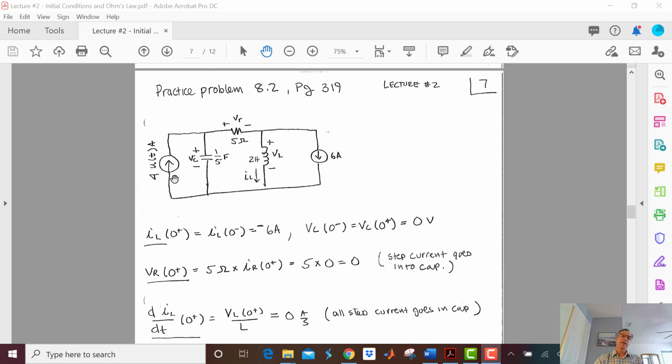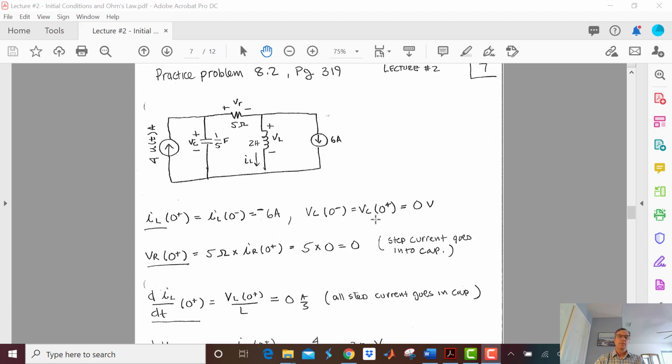So that tells me that all this current is going to go into the capacitor because I got no current going this way. Circuit won't allow it over here. So all that step current is going to go into the cap, and as we said, there's no current in the resistor at t equals 0 plus, so VR at 0 plus is going to be 0 volts. So now, realizing that all that step current goes into the cap, what's dI